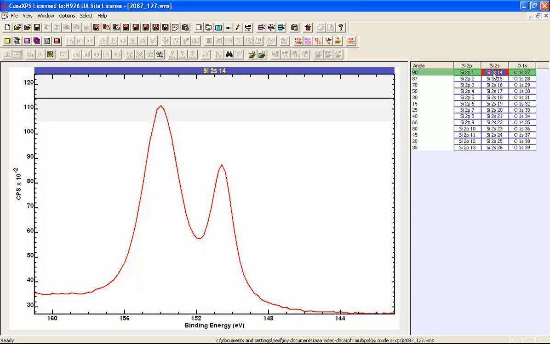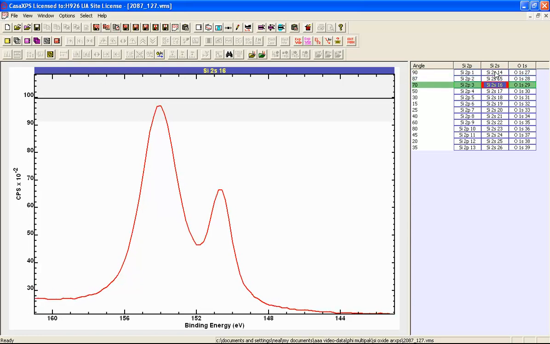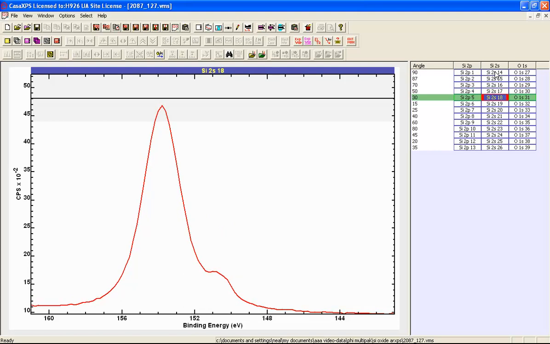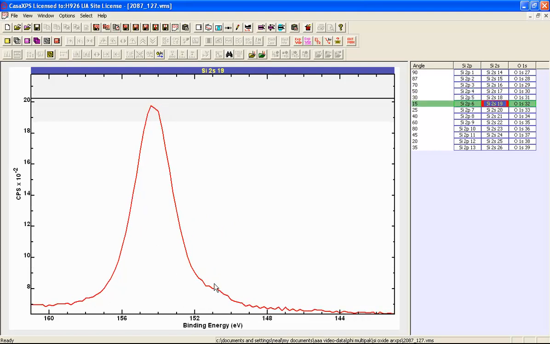We also have the advantage that this measurement is a sequence of angle resolved measurements, and when we tilt the sample, we preferentially gather signal from the surface layer, and since this is a silicon oxide on silicon, as the angle is tilted away from 90 degrees, we see the amount of oxide relative to the elemental form increases until we look at 15 degrees and we see almost no elemental signal at all. There's a small feature here, but predominantly we have the shape of the silicon oxide,